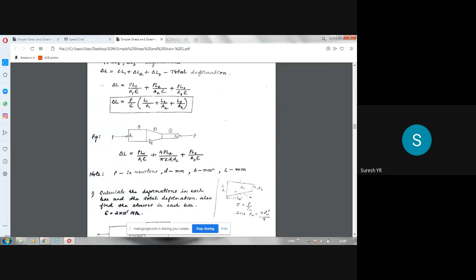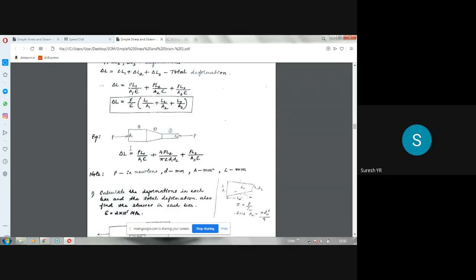Here also D1 is there. This becomes D2. So this is D1, this is D2, and this is D2. So uniform bar, tapering bar, uniform bar. If you want the total elongation for this case, we have to add the deformations due to all the three